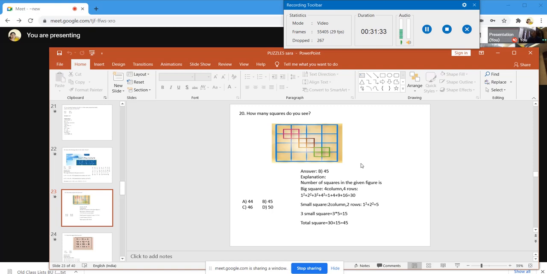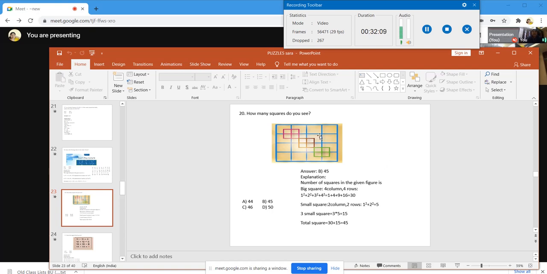How many squares do you see? Listen, whenever we have this kind of diagrammatical question, we don't have time to count all those things. There is a shortcut method to find out how many triangles, how many circles, how many squares there are. This is a typical problem like that. When equal squares are given, like 2 rows 2 columns, 3 rows 3 columns, 4 rows 4 columns, we can find the answer very easily with the formula.